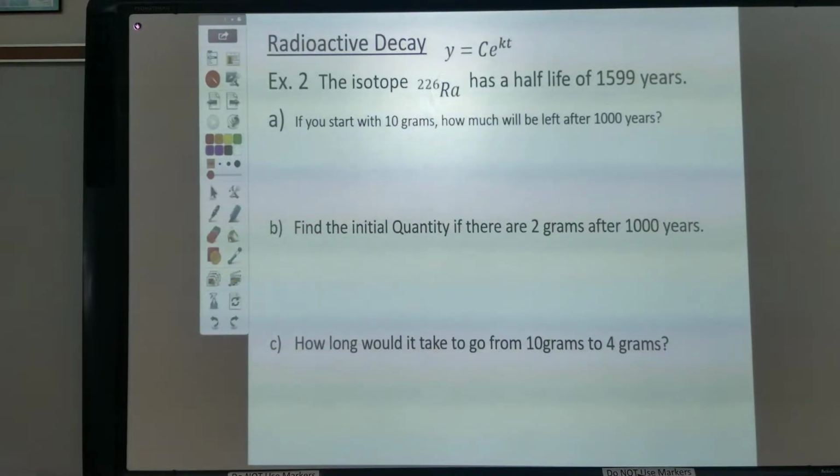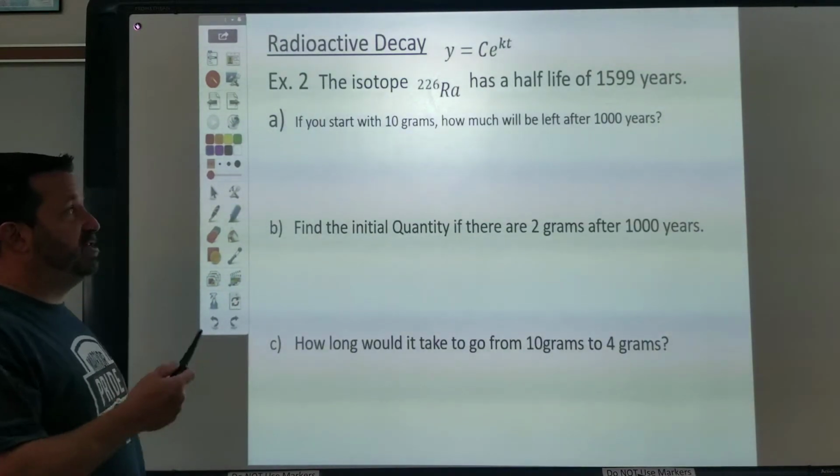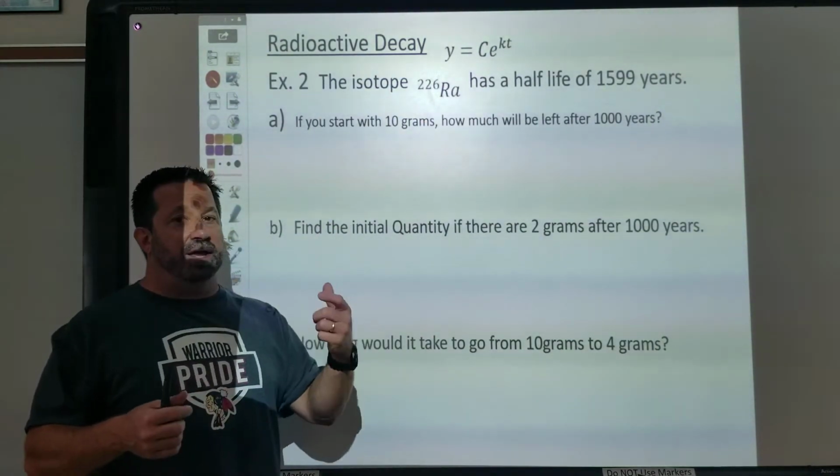This is section 5.5, exponential logarithmic models. So this is part 2, and this is having to do with radioactive decay. So when you have something that's radioactive,